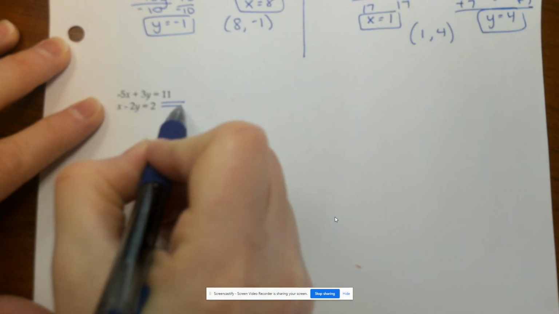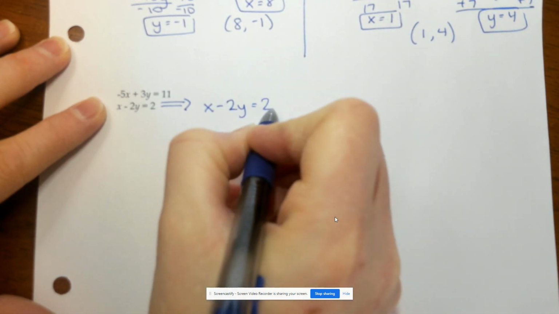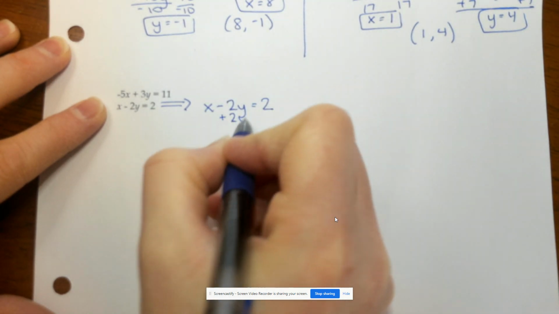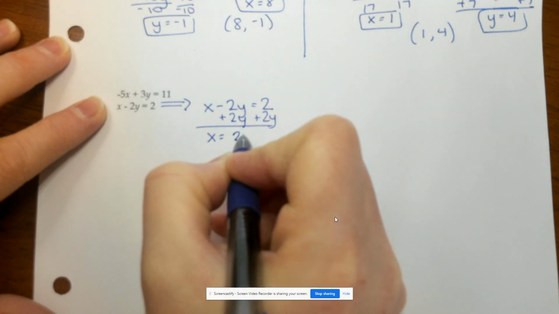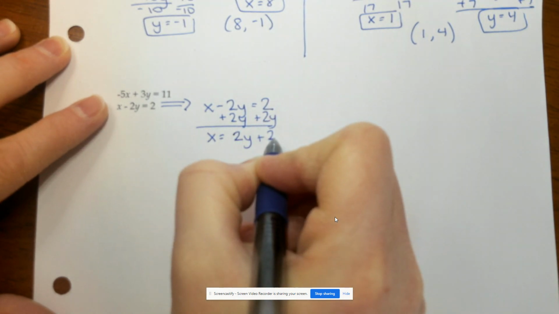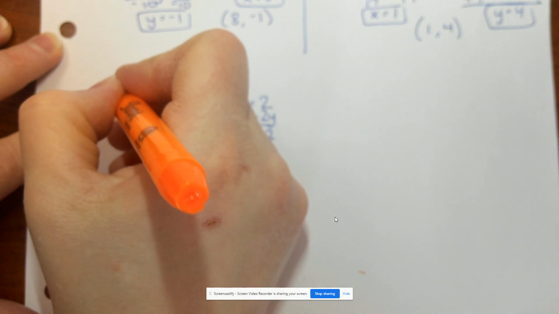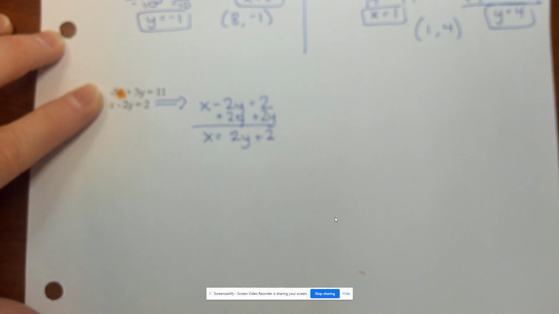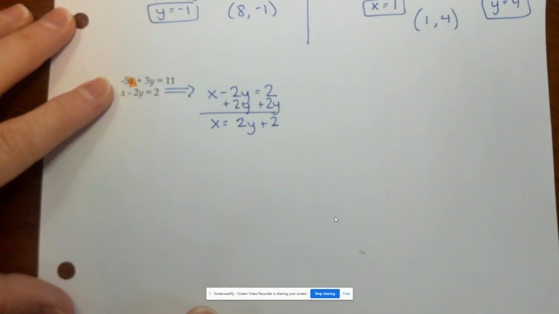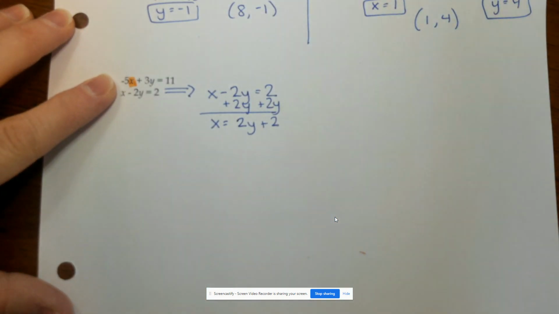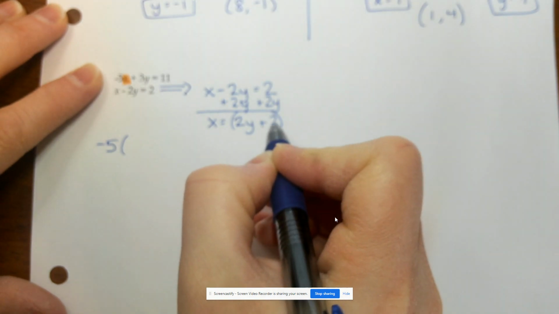So this is the one that I'm going to choose to rewrite. So x minus 2y equals 2. I want to get the x by itself, so I'm going to add the 2y to both sides. x equals 2y plus 2. So anywhere that I see an x, I can substitute back into the first equation in place of that x. Negative 5, there was an x there, plus 3y equals 11. Instead of the x, negative 5 times the 2y plus 2